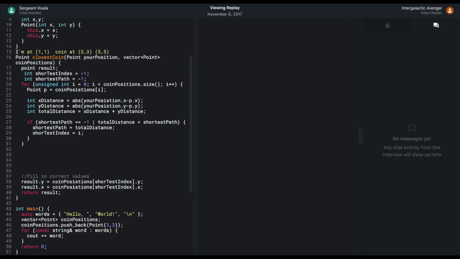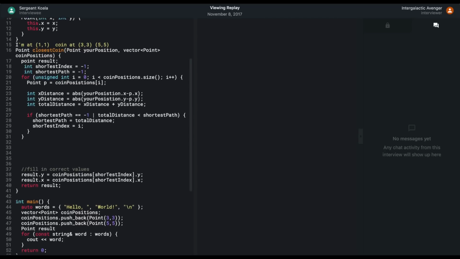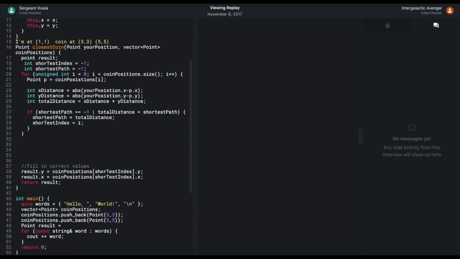Okay. And then I'll say result is, what do we call it? Closest coin. Sure. And I'll make this one. So you're at 1, 1. I'm at 1, 1. Yep. And then we'll put coin positions. And then we will see out result